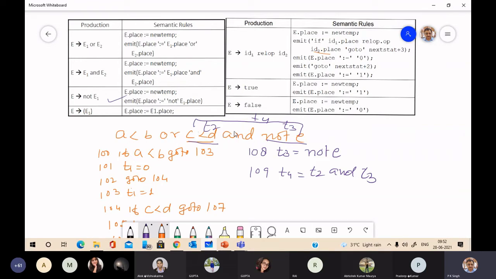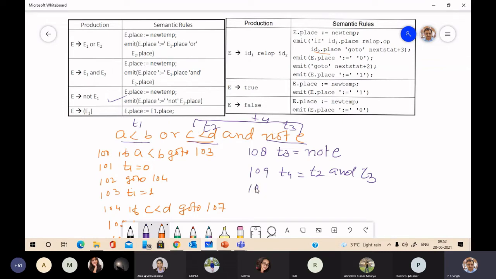Then we go for the OR operation. So we will use this. This is the first expression and this is the second expression. The first expression is evaluated in T1 and the second expression is in T4.